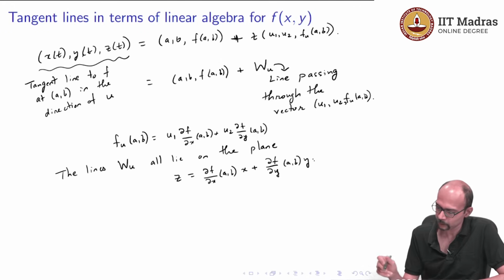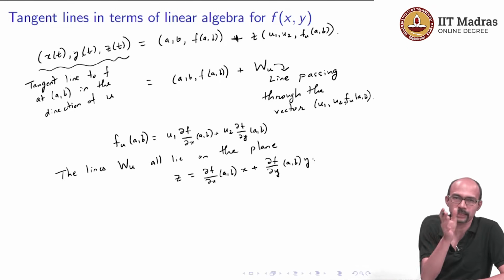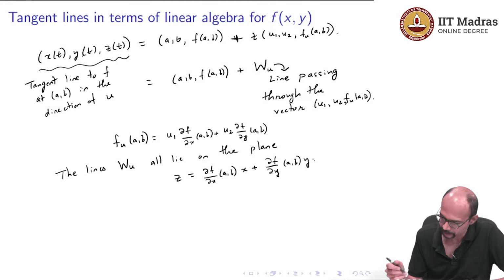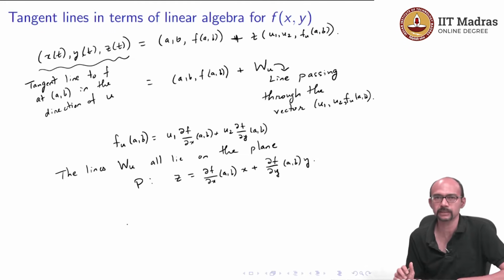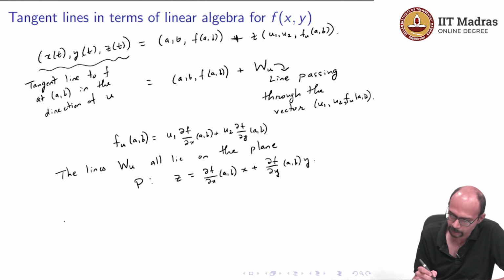So, this is the plane on which they lie, and now we can translate this plane to pass through the point (a, b, f of a, b). If I call this plane P, this is again a subspace of R3, and now I will translate this by (a, b, f of a, b)